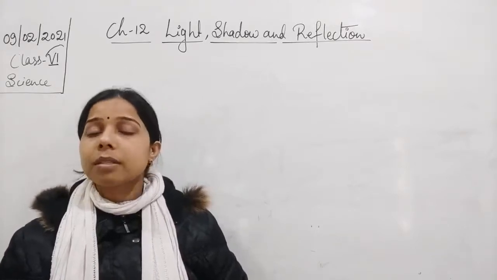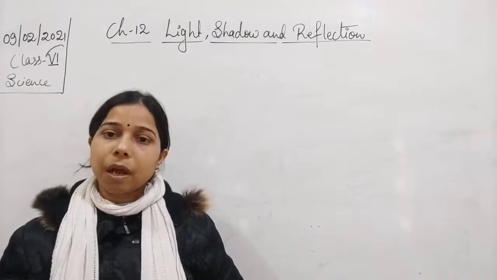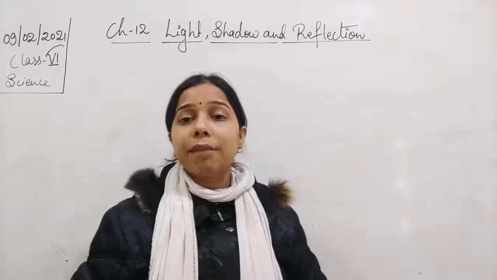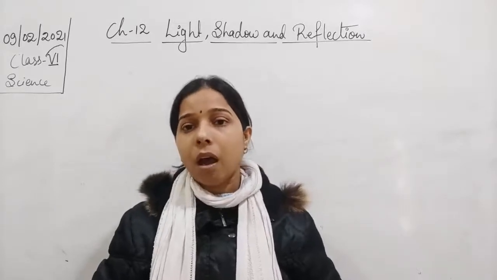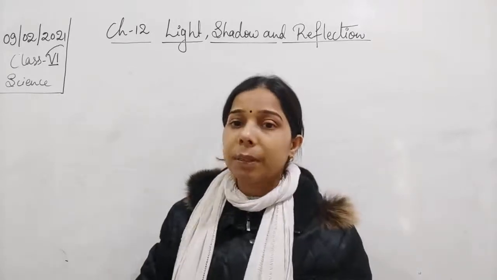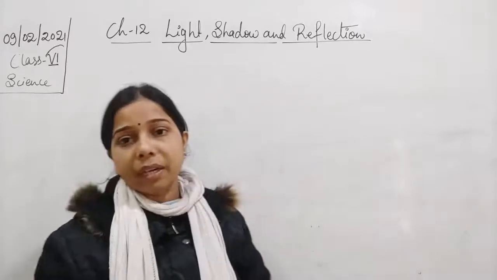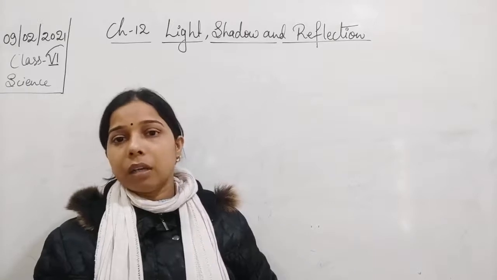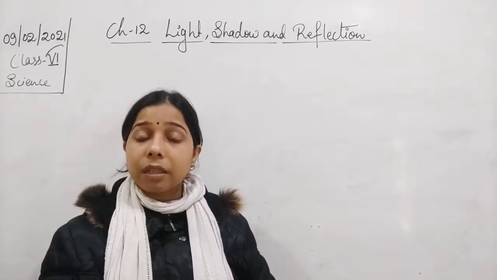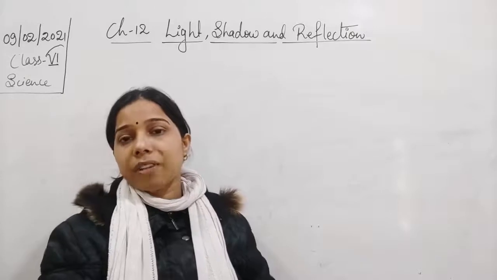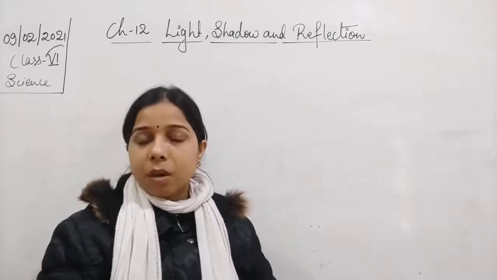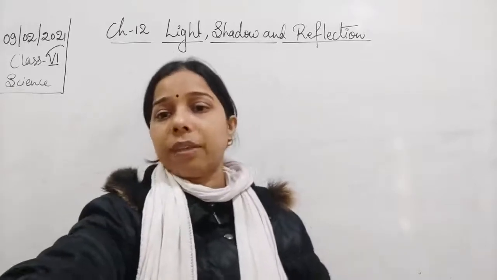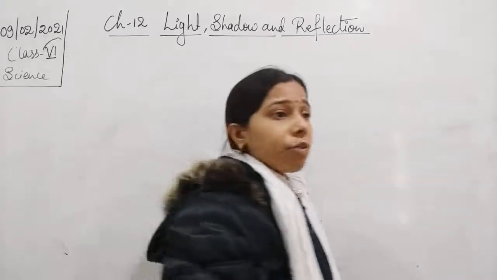We had seen, students, that light travels in a straight path. It means that is rectilinear propagation of light. And we have also seen the pinhole camera, and we have seen that it works on the principle of rectilinear propagation of light, that is, light which travels in a straight line or a straight path. So light travels in a straight path, that is a property of light. Now if we talk about the pinhole camera, students, we have seen one thing here, and that is light travels in a straight line.